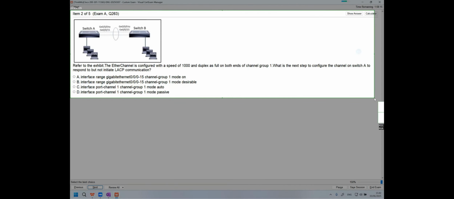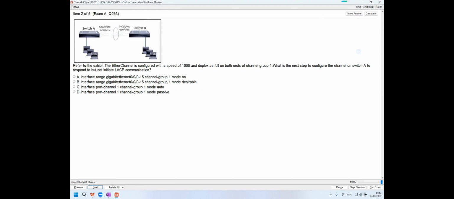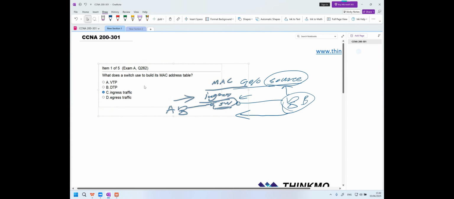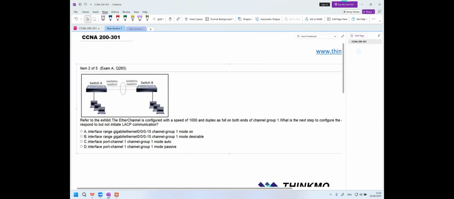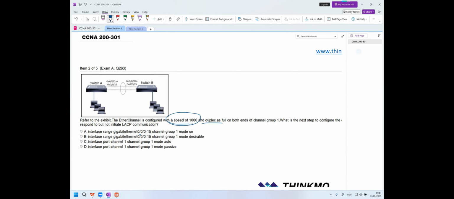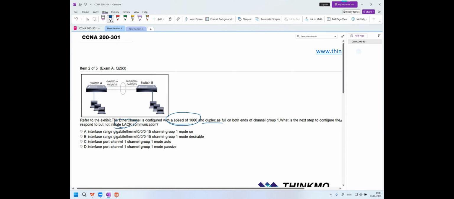All right, question 2. For the second question, there's a diagram here. It says that when we configure this channel called Ether trunk, we've set the speed to 1000 and it's in full duplex mode. Now first, on switch A, when configuring this channel, we want it not to initiate LACP communication,